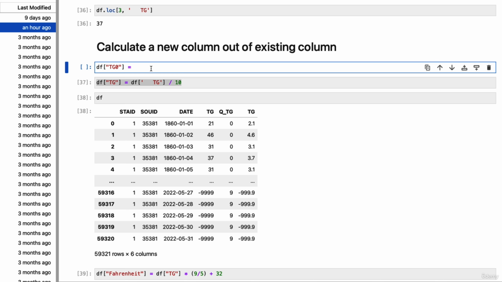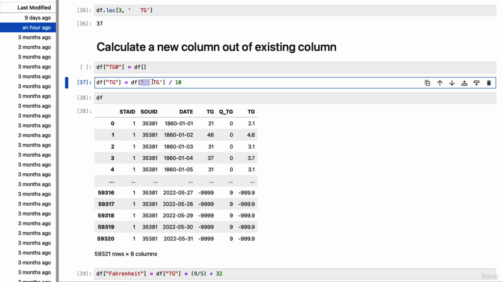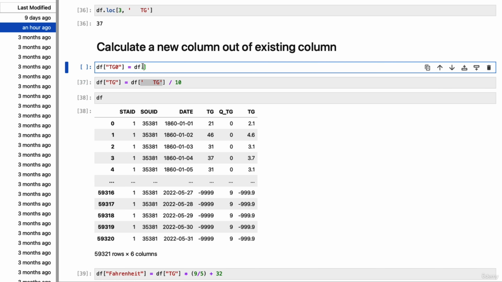So TG0 will be df, the current TG column, which contains the -9999 values, and then you apply mask, df this column again. So in square brackets, the old TG column is equal to